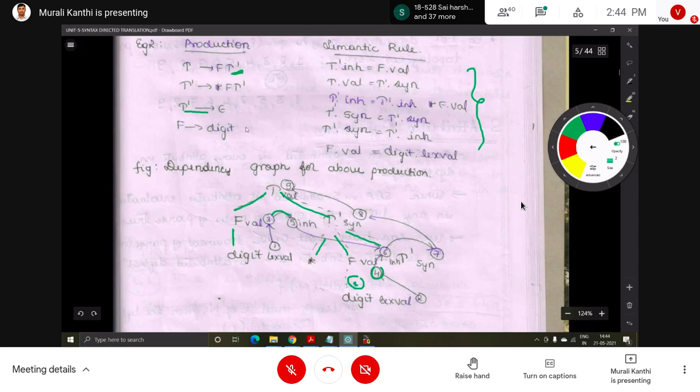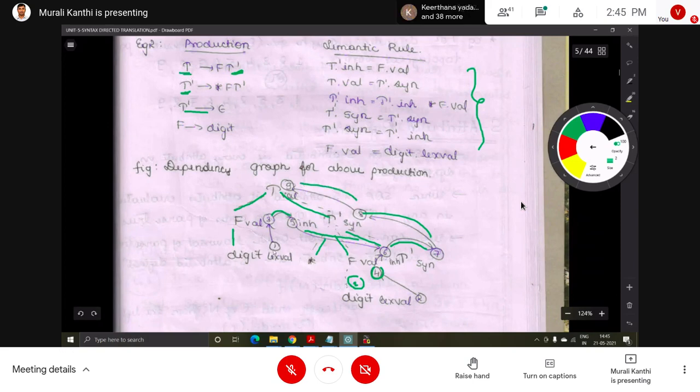Next perform this one, that means T'.inh. So it has to take the value from *F, the seventh operation. If it is epsilon, then no operation has to be performed, so that's why it is the seventh operation. Then finally the result we have to assign to T', that is the eighth operation. Then finally give the result to this T, that is the ninth operation.